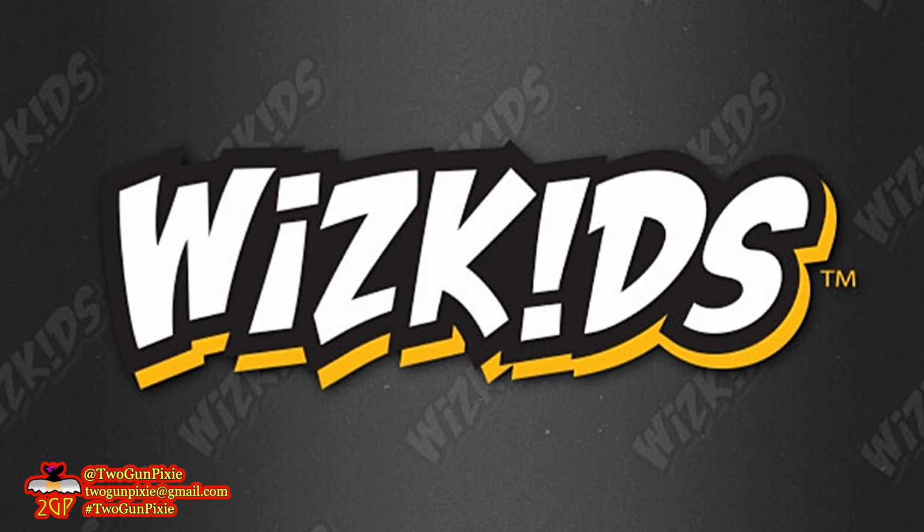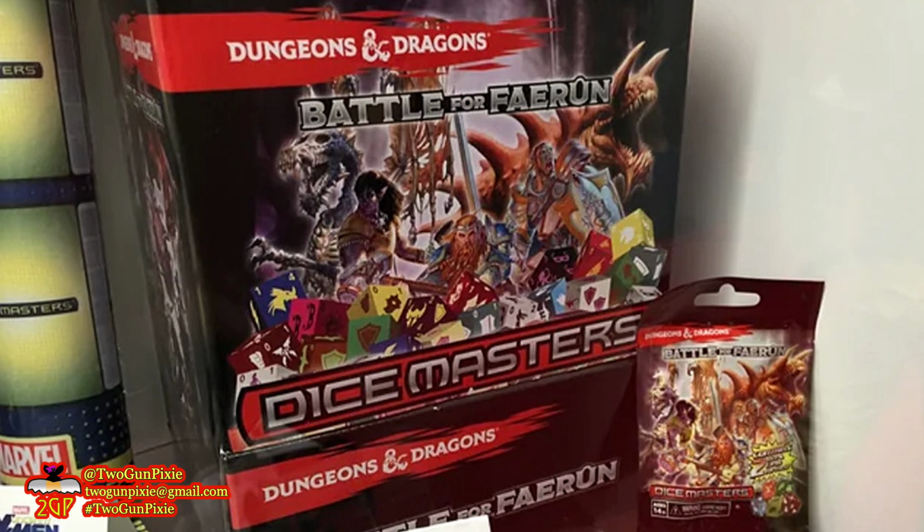Whiz kids keep putting out titles, and I just keep talking about them. Dungeons & Dragons Dice Masters Battle for Faerun. This is a 2-player game for ages 14 and up and should take you between 30 and 60 minutes to